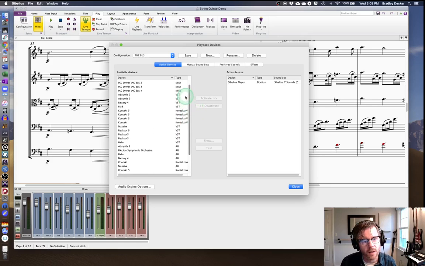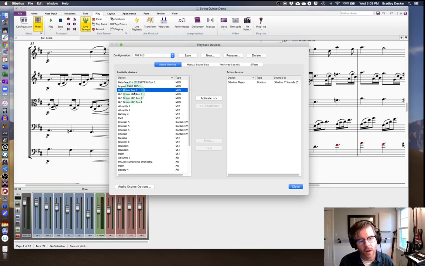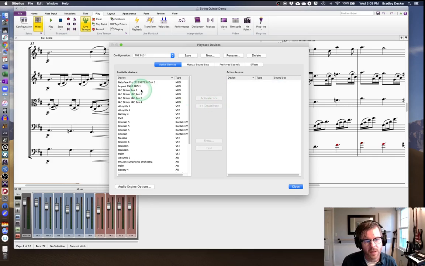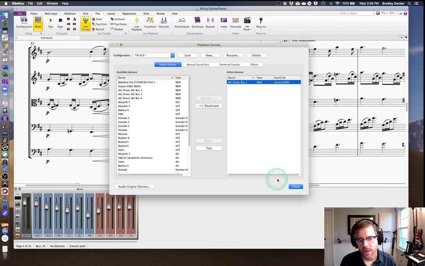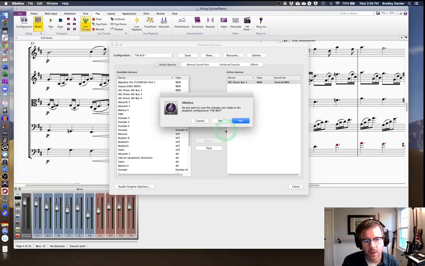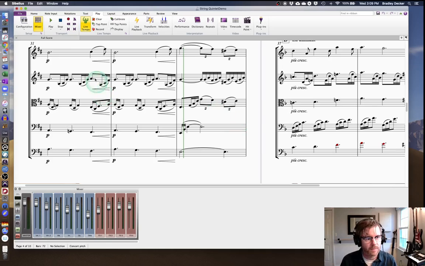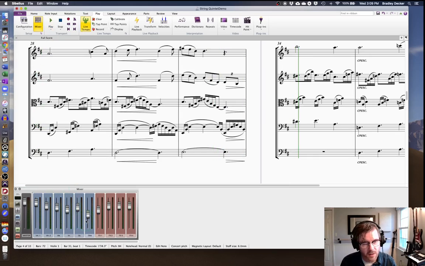And so if you have a blank slate, you can select your device. Let me see if I can find it in this list. Okay, so this is the original one, and for some reason I made all these other internal buses. I only need the one. So I'm going to remove Sibelius Player because that's the set of samples I don't want to use, and I do want to send this to the bus. So if I set that to the bus and hit close, and I want to save, yes. Again, you're not going to hear the sounds, but it's going to be sent to that external bus. If I open up Logic again,